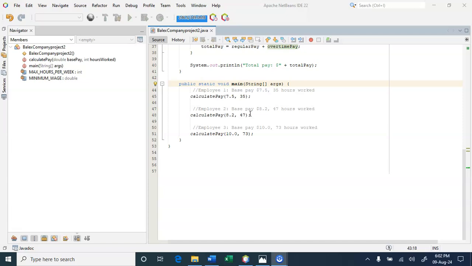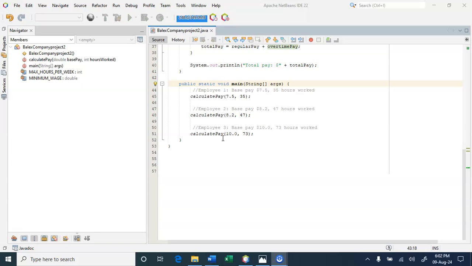Then to the scenario of employee 3, who has a base pay of $10 and worked 73 hours. Since the hours worked exceed the maximum limit, an error message is expected.